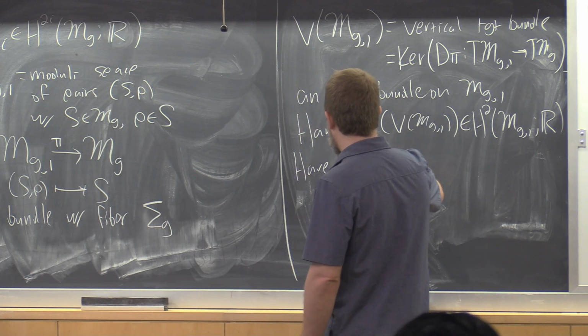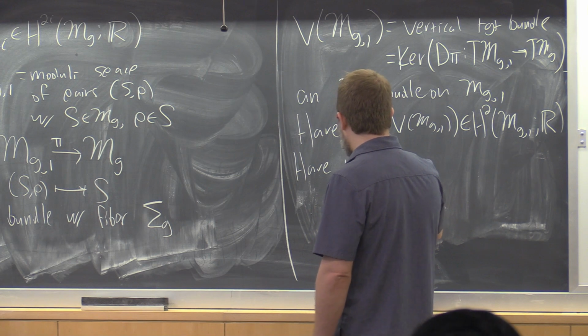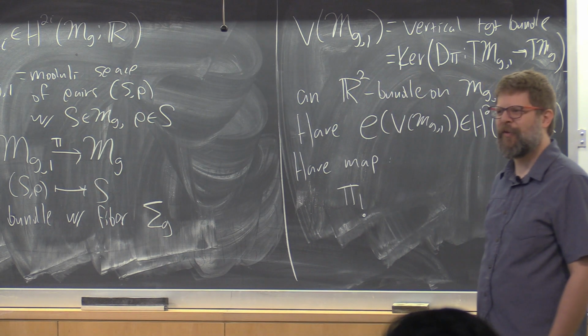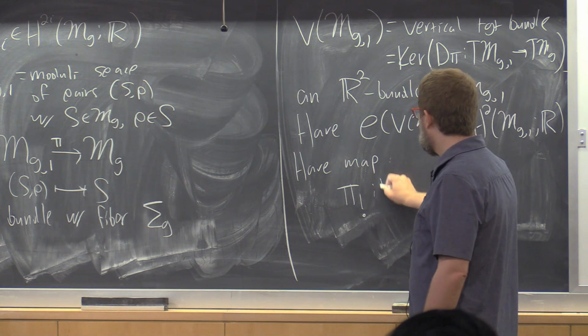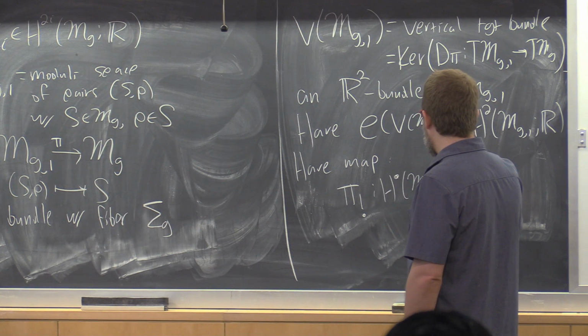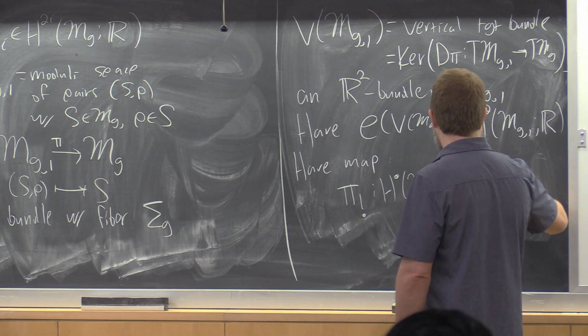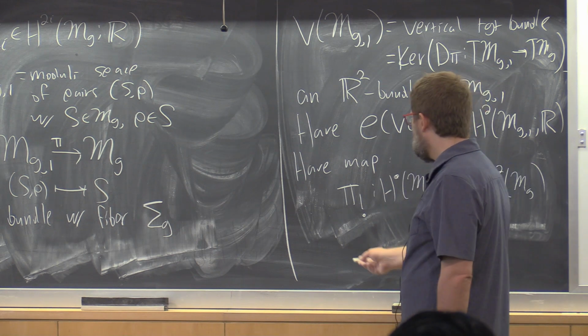So a map, this is a weird map. I'll call it this, exclamation, doing some sort of thing. It goes from the cohomology of Mg1 to the cohomology in degree minus 2 of Mg. How do I do this? What I do is,